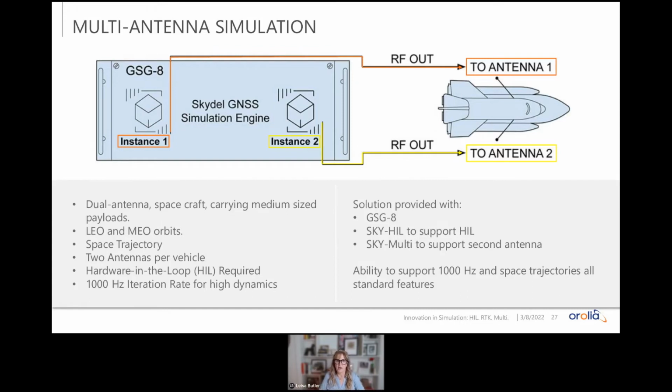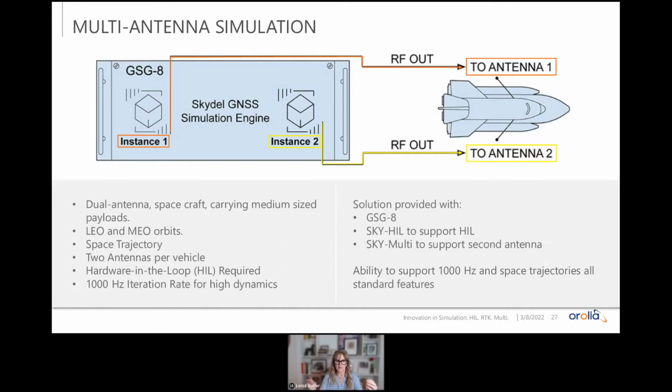So you do that through the Sky Multi instance, and we mentioned in here that it's cost effective. The reason is you're literally duplicating the simulator capability in a single box. So you're basically saying, you know what, I want a second simulator within this hardware platform to run these two separate tests. And so you add this feature to do that, and boom, you've basically replicated the capability with all